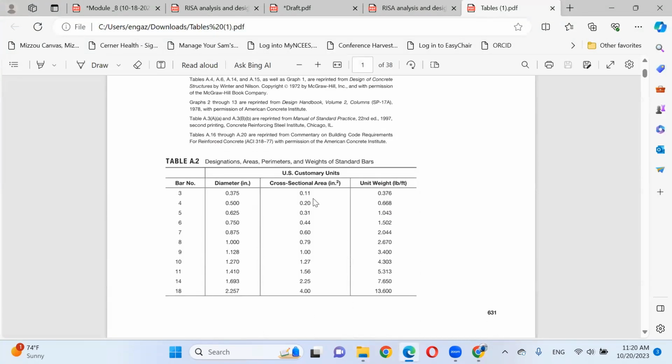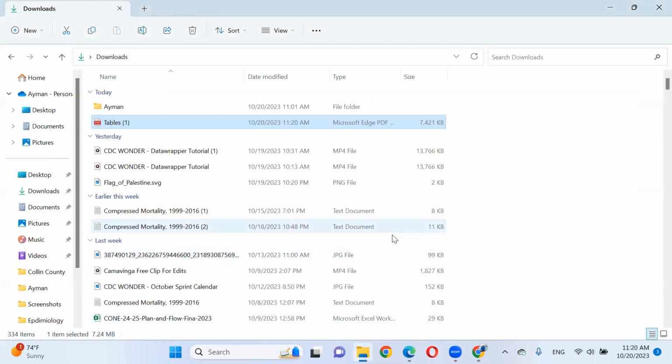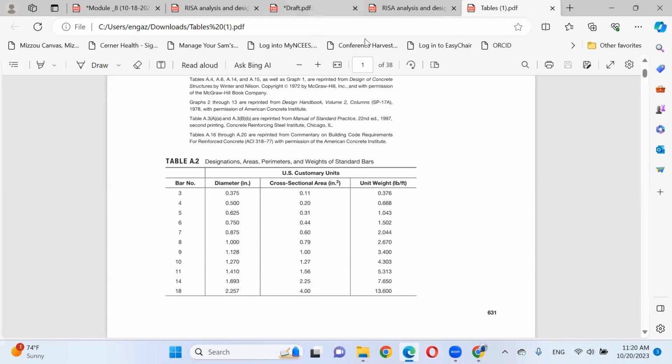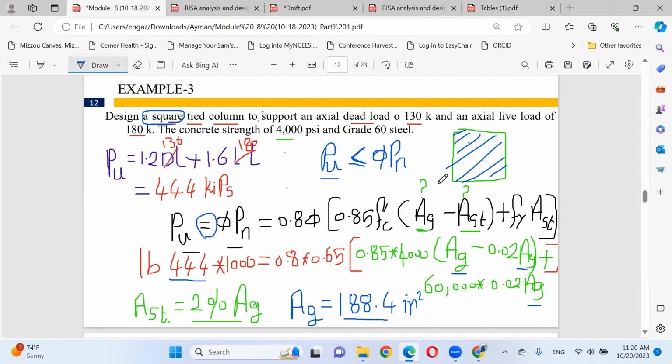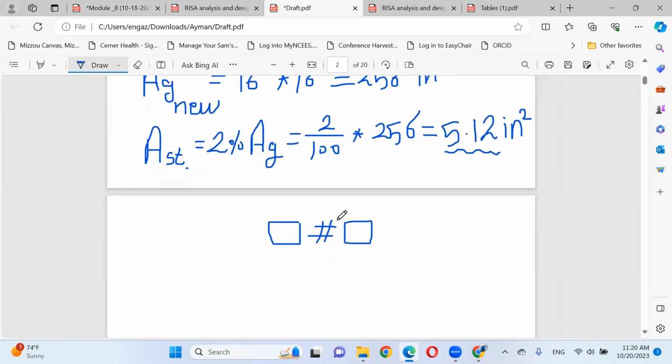So if you decided to use number 4, number 5, number 6, let's try number 5. The area of number 5 is 0.31. So I will divide this area steel by 0.31.